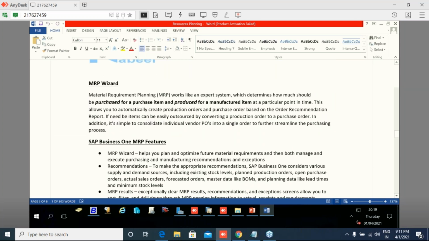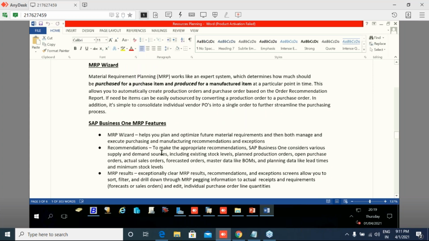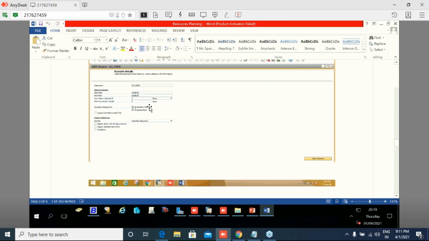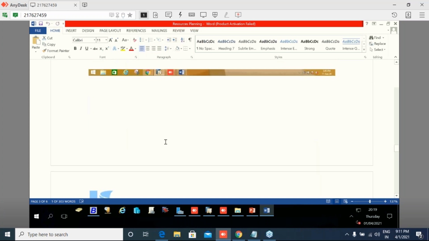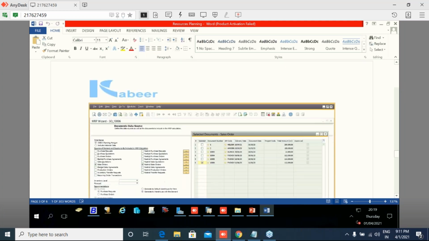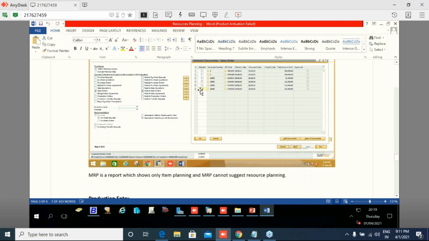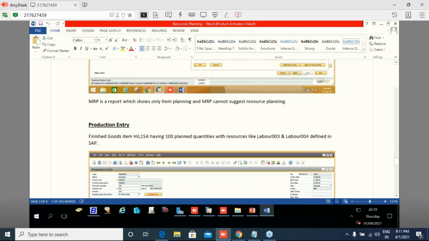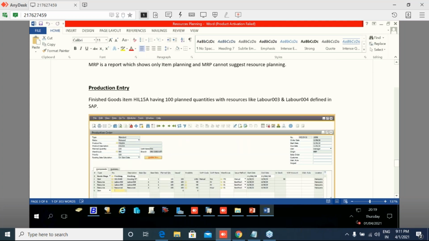And after defining the sales order, now we are running the MRP, and we have chosen the sales order which I have created. You can see I have clicked on the sales order box which I have created, and after running the MRP, the system suggests the production order which is created through MRP recommendation.